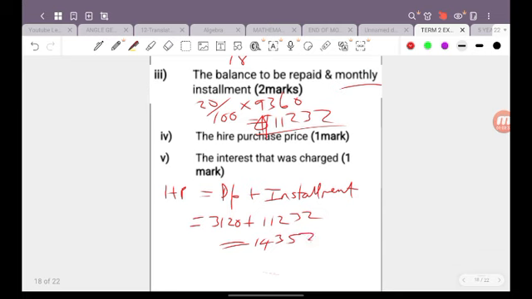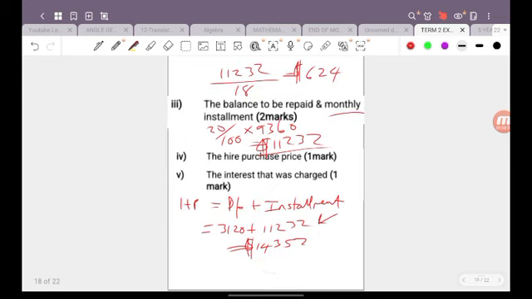All right. So this will be the amount for the hire purchase. Hire purchase is equal to deposit plus installment per month times the amount of months. I would have already had that value from the previous question plus the deposit you paid down to take out the computer. All right, and so the interest that was charged was obviously going to be the initial cash price,